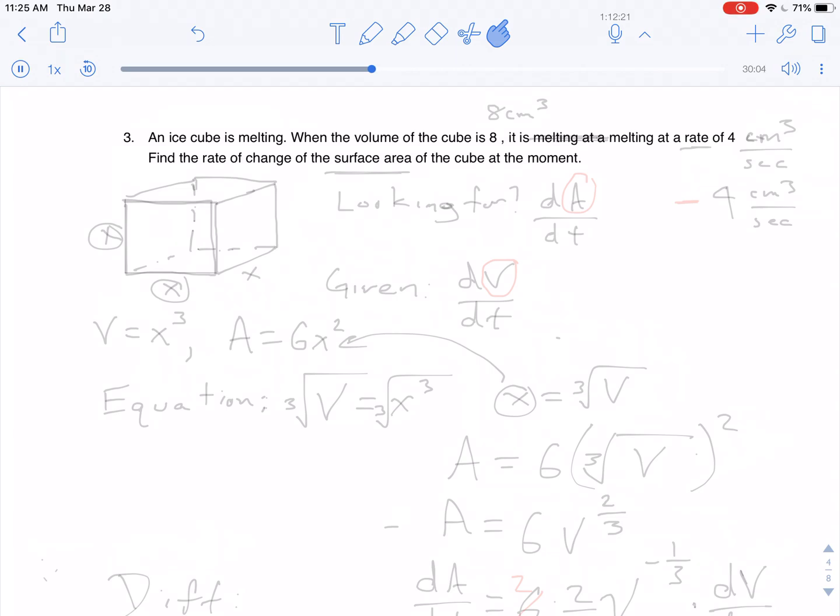So when the volume of the cube is 8, we are talking 8 centimeters cubed. When the volume of the cube is 8 centimeters cubed,